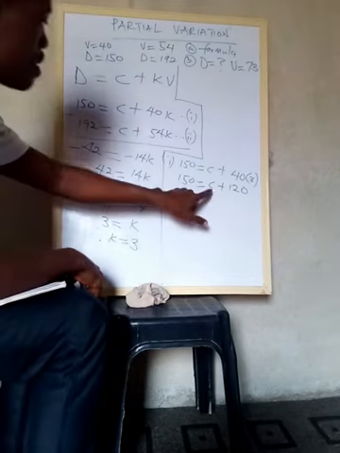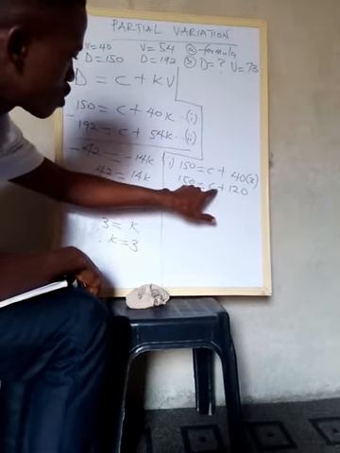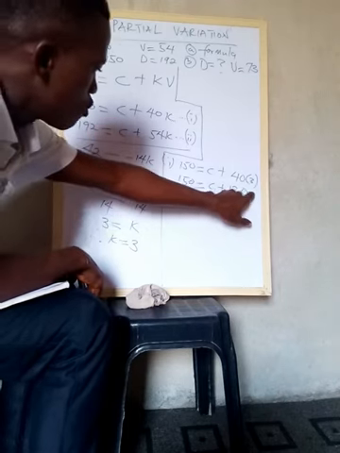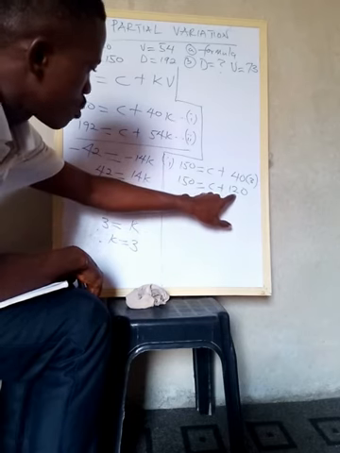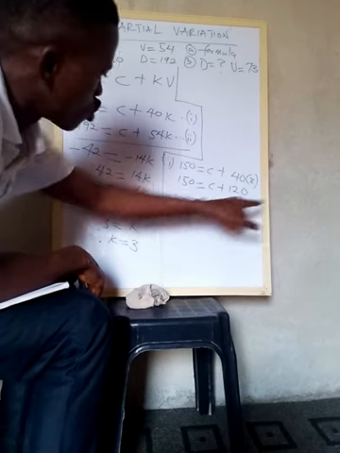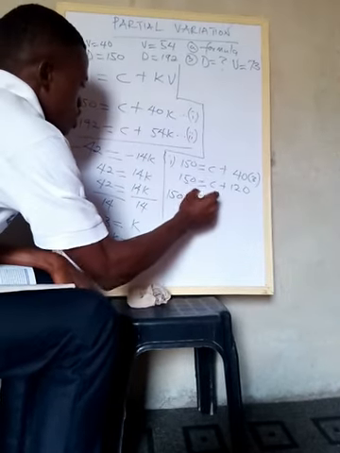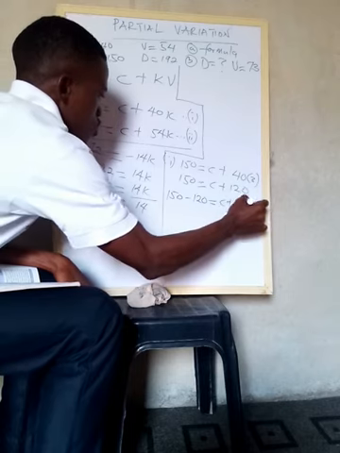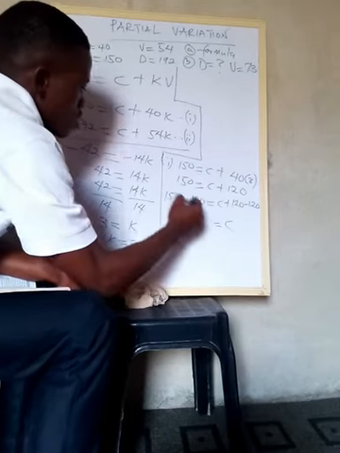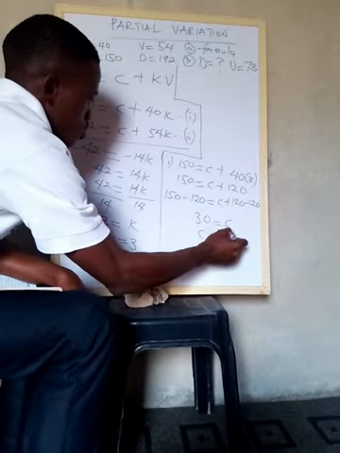To make C alone, C is with plus 120. You cannot divide both sides by 120 here because they are not bound together by multiplication. This is plus 120, so what you do is subtract 120, and C will become alone. Because you're introducing that on your own, you also do it on the left hand side. So 150 minus 120 is equal to C plus 120 minus 120. 120 minus 120 is 0, remaining C. 150 minus 120 is 30. C is equal to 30.